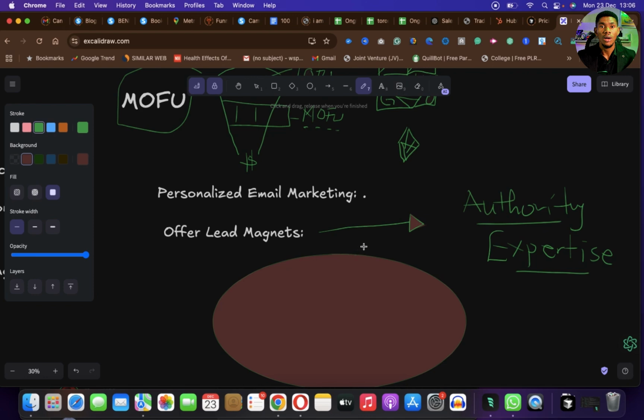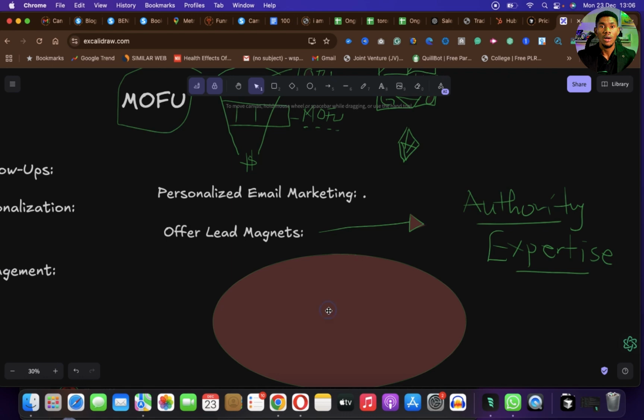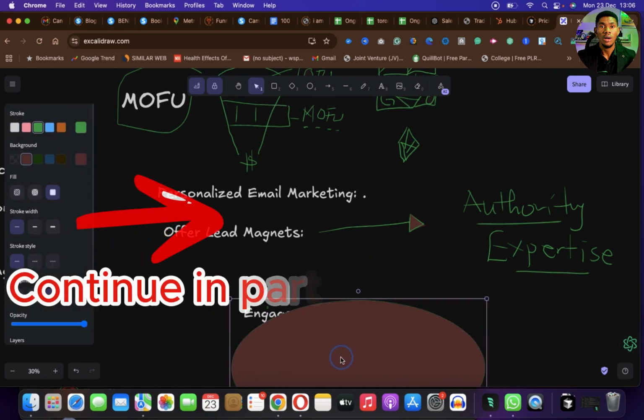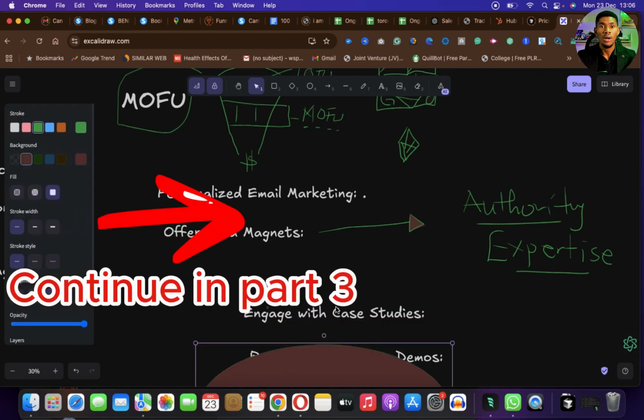See, the truth is, if you don't keep giving them something free that solves some part of their problem, they will not believe that you are an expert and they will not believe that you have something to offer to them. They would rather go to somebody that they believe can solve their problem, right? So you need to look for one area of their life